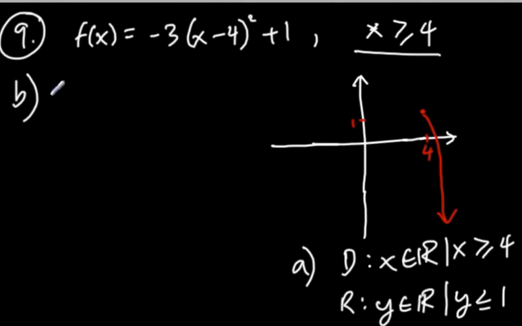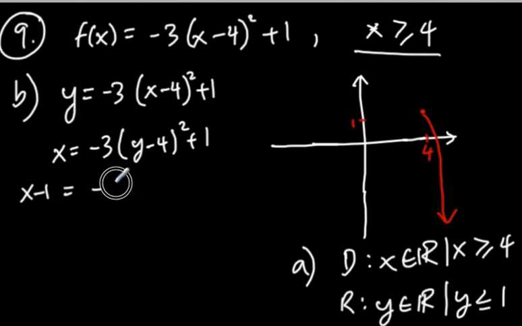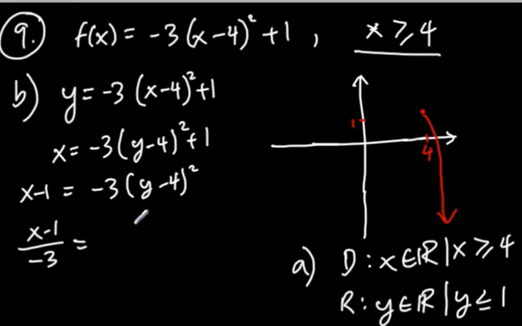Part B is we've got to find the inverse. So y is equal to -3 (x minus 4) squared plus 1. Then we have to switch the x and y. So x is equal to -3 (y minus 4) squared plus 1. We subtract 1 from both sides. So x minus 1 is equal to -3 (y minus 4) squared. Then you divide by -3. So (x minus 1) divided by -3 is equal to